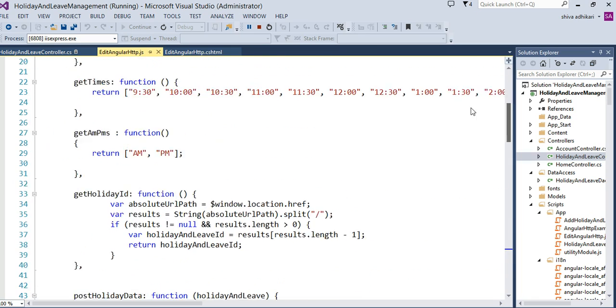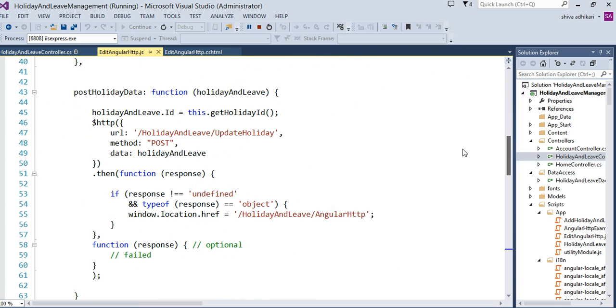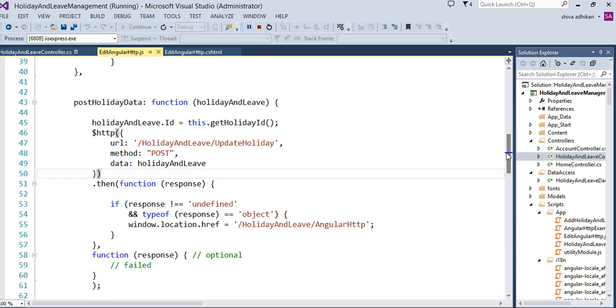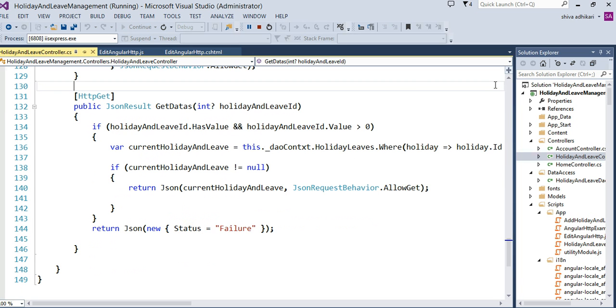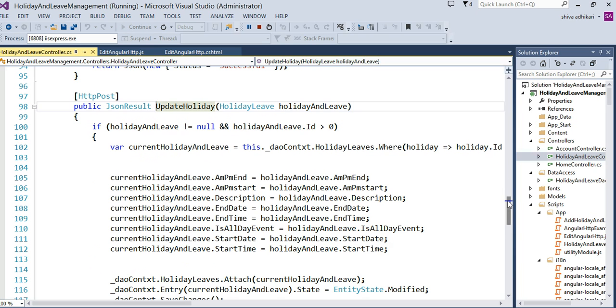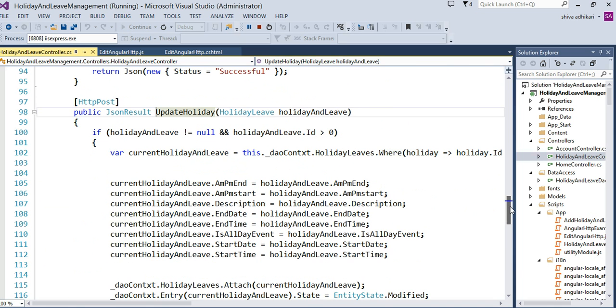And then, of course, this one posts the holiday data. Just like before, now I have to run an update, and to do that, I have a method called update holiday in my controller. Update holiday. There you see, this is a little redundant code here. Basically, I load by ID, and once I find it, I set all of them. I set this one as